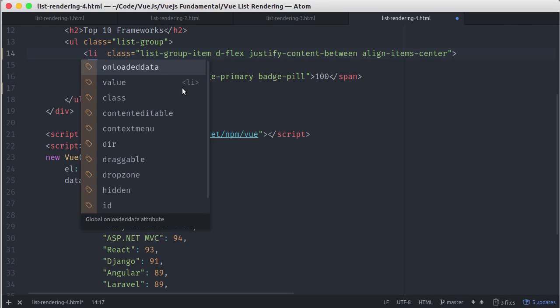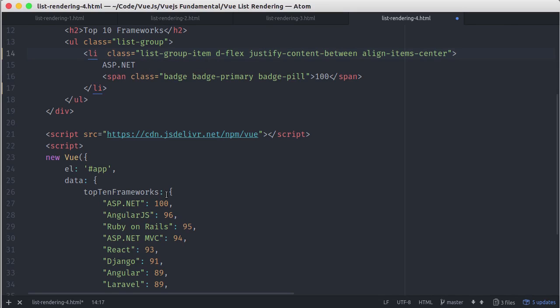It should be noted here that the property value, in this case the score, will be item on the left side, and the property key, in this case the framework name, will be index on the right side. So v-for equals